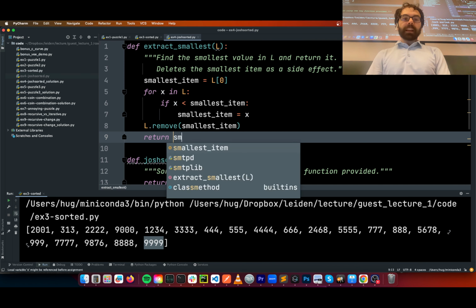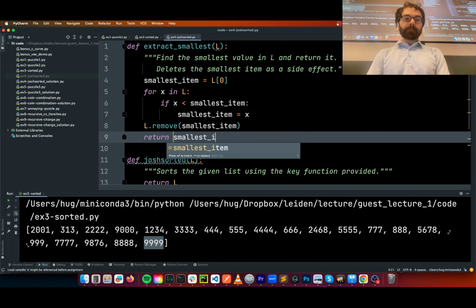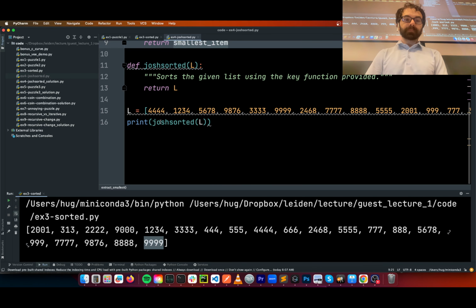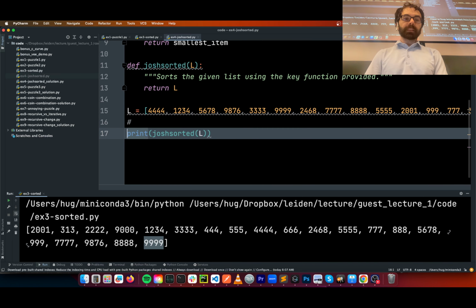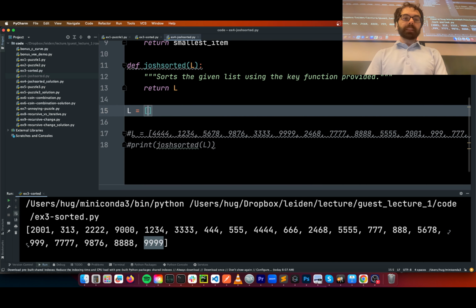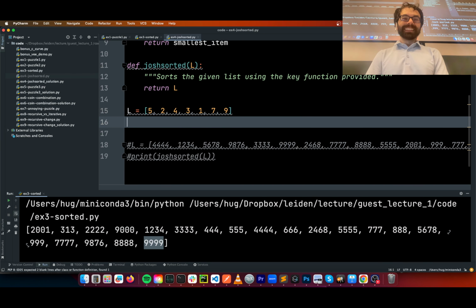And then return, not X, return smallest item. Boy, okay. So now let's test it out. Let's do that by making a smaller list that's easier to look at. L equals 5, 2, 1... that's not the numbers I wrote. Okay. So when I do L